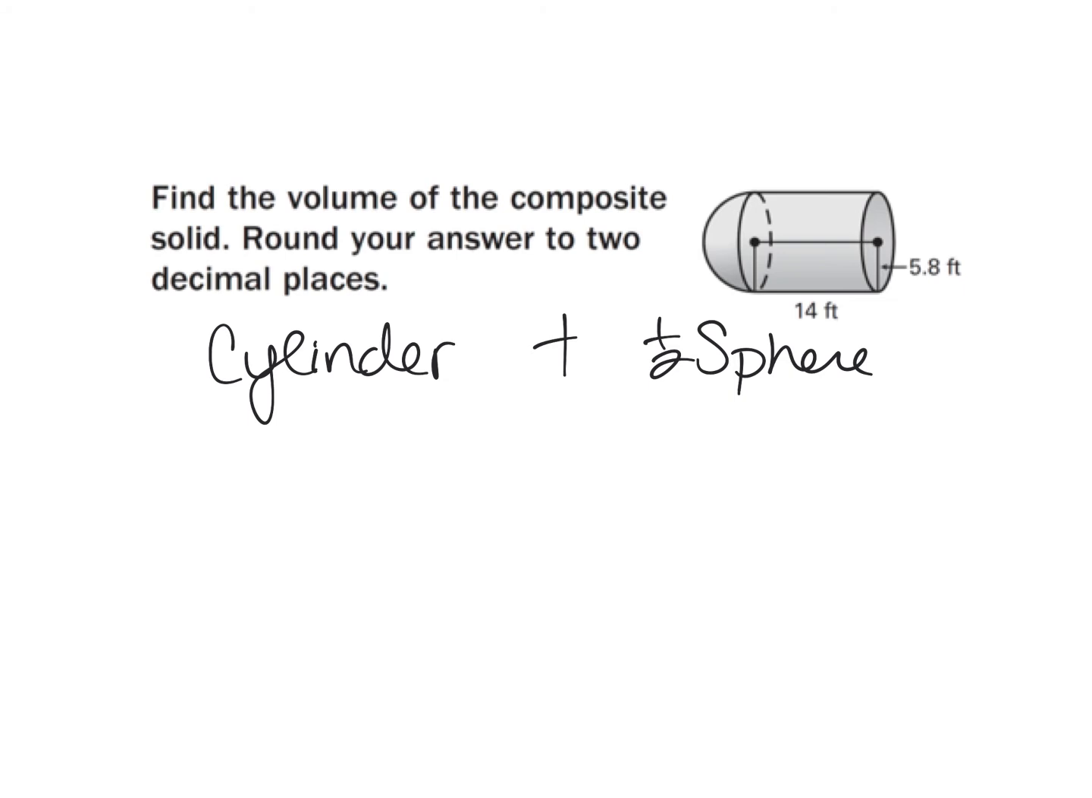Okay, so let's do the cylinder first. So volume equals area of the base times the height. So the base of a cylinder is a circle, so pi r squared. So pi times 5.8 squared,